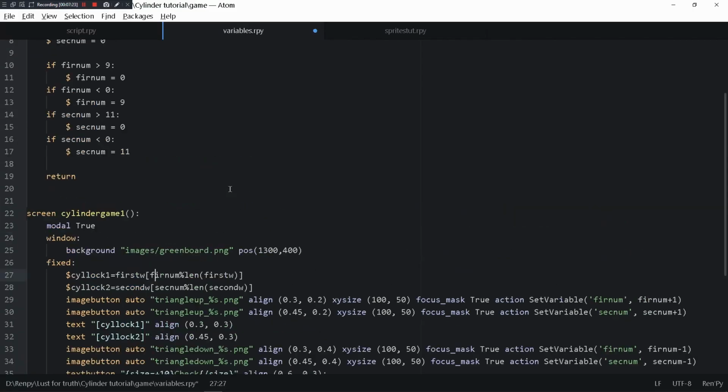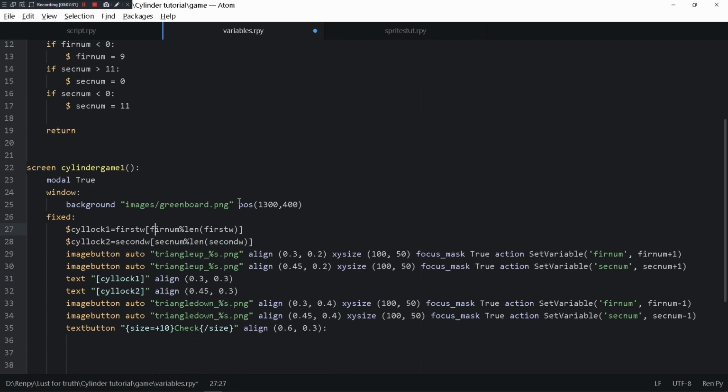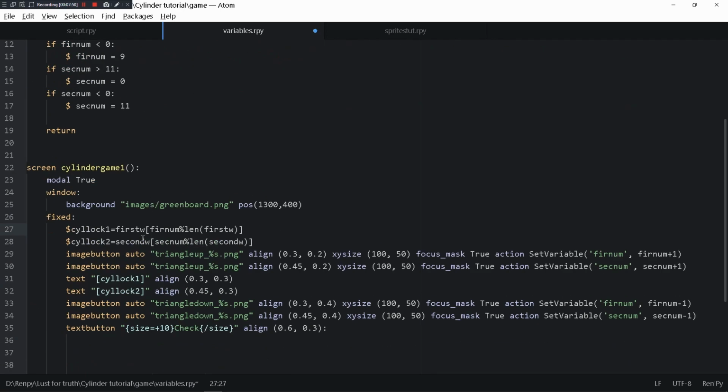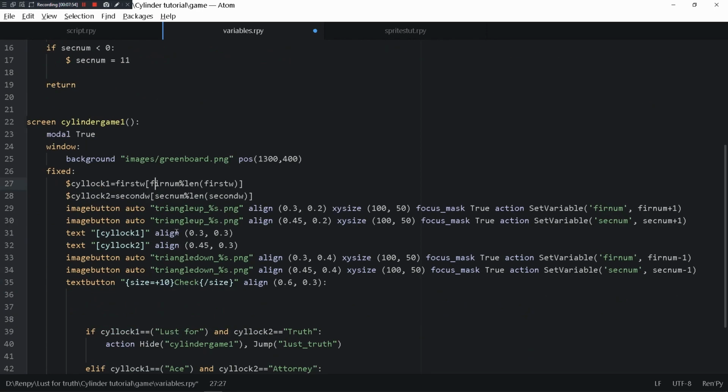So first W is this variable, right? Depending on which variable it is, it's defaulted at 0. If first W is 0, then first num is also 0. And that means the first W and the thing that's going to be displayed on this, again, going back to this, is also 0. So the first 0 is blood, which is why when you start off the